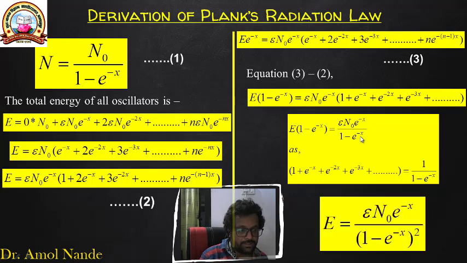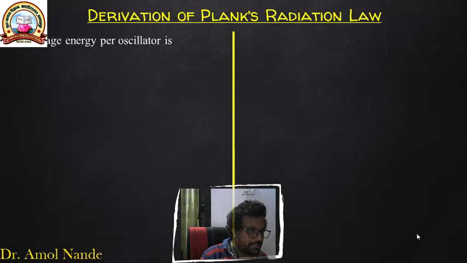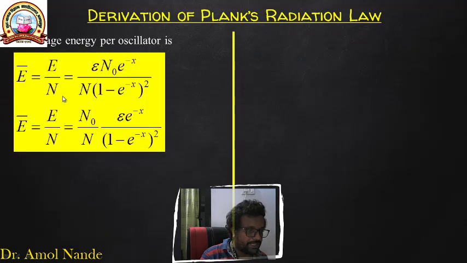अगर इसको आप इधर लेके आए तो U = ε n0 e^(-x) / (1 - e^(-x))². तो अगर उसका करना है तो एवरेज एनर्जी पर ऑसिलेटर क्या हो जाएगा? E बाय n। तो उसके लिए क्या हो जाएगा? U मल्टीप्लाई डिवाइडेड बाय n।